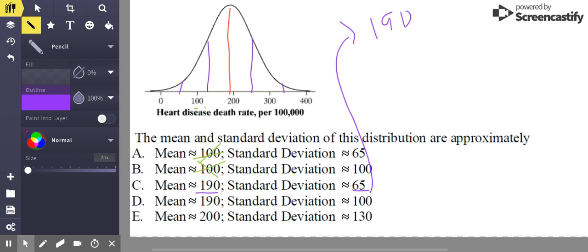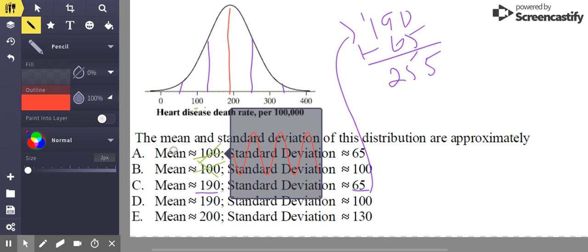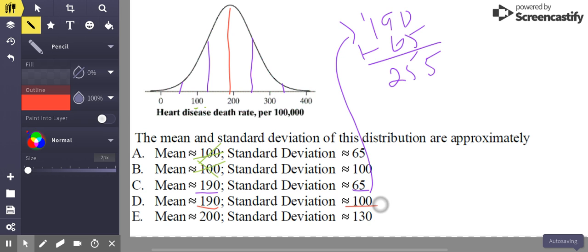So 190 plus 65, I'm going to get 255. So maybe let's look at the next one. I'm going to take the 190 and add 100 to it. So 190 plus my standard deviation of 100 is going to give me